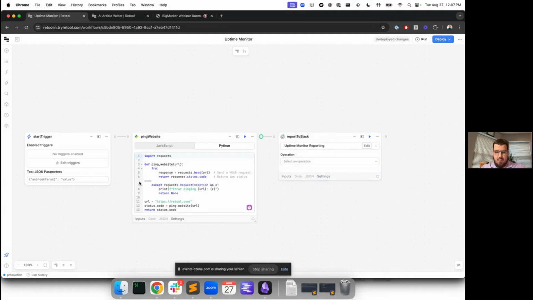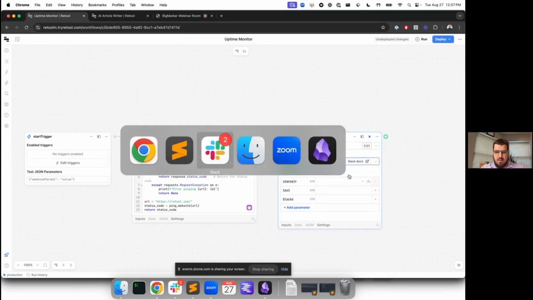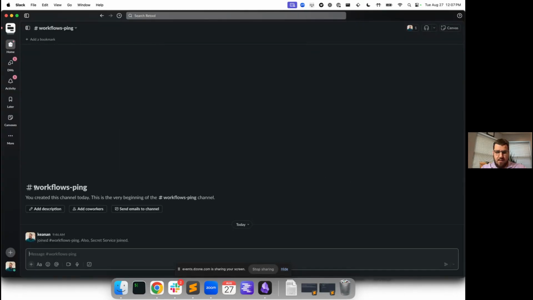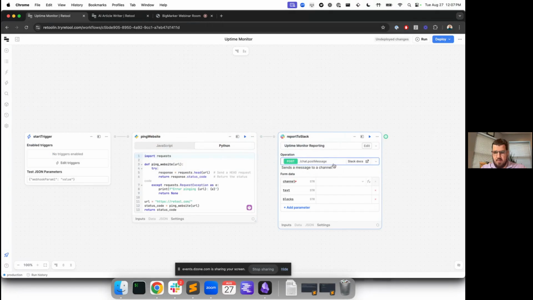And then just like any other workflow block, we can configure this one as well. So we can say we want to post a message. And if we tab over here to Slack, you can see that I have this workflows ping channel already created. And it's a public channel, which means our Slack integration should be able to post to it. So if we go here and we say workflows ping, then for our text, this is the actual text